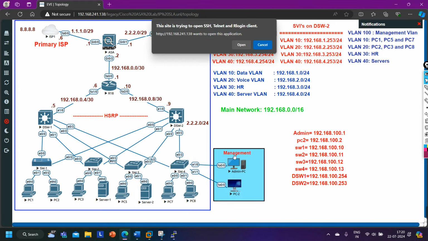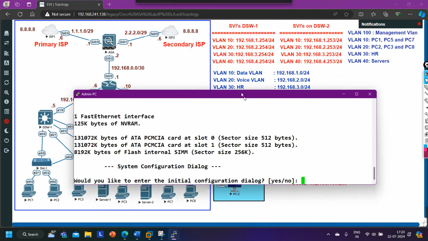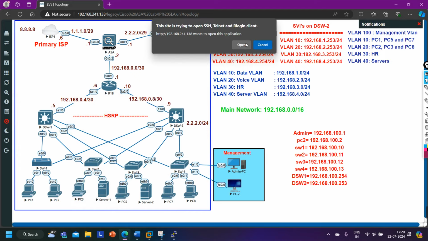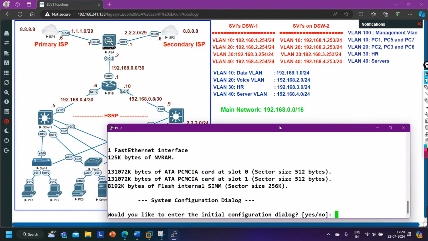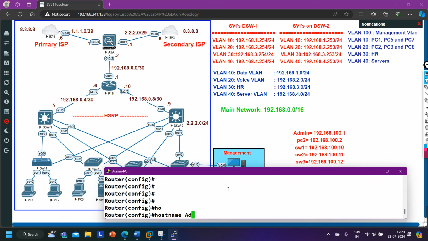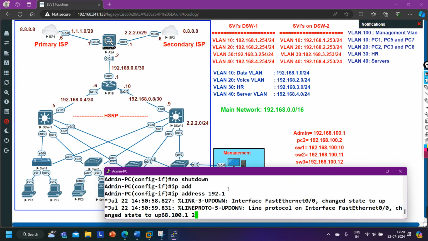Now let me access the admin PC, and on the admin PC I am going to configure one IP. PC2 also, let me access PC2 also, say no here, and let me take you to PC1, the admin PC. On the admin PC I am going to configure the IP .100.1. Config t, hostname admin PC, then interface F0/0, no shut, and ip address 192.168.100.1